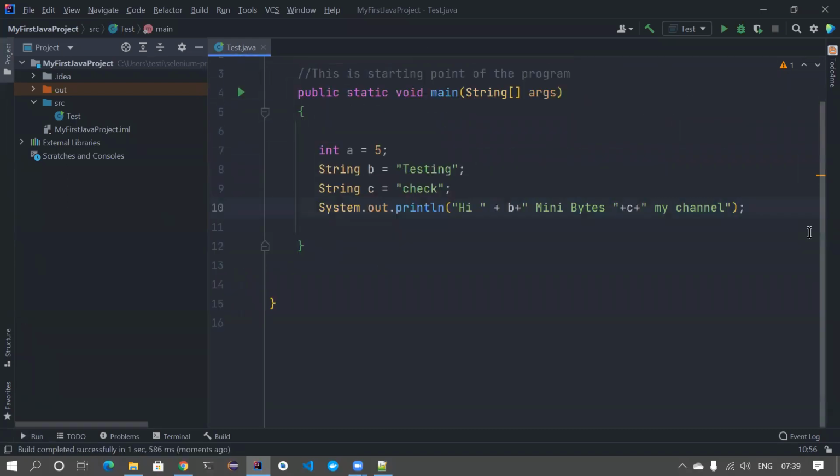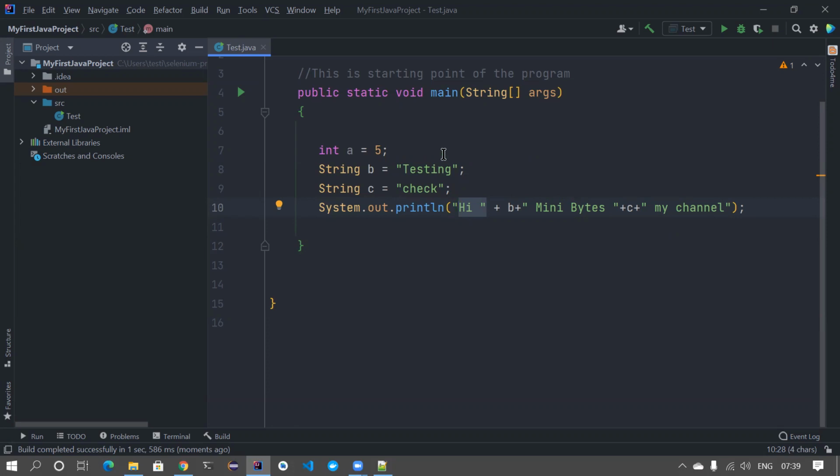So if you want to print all these things, you can use the plus operator in the front as well as in the back, and then you can append to a string. There is also a string.format method, but we will come to that later. For now, this is more than enough. Good. We have understood till here, but there are cases where you also need one value that is